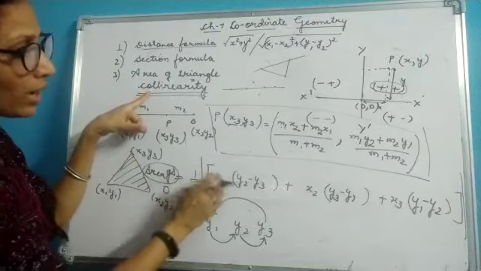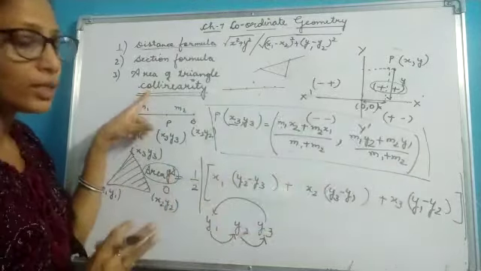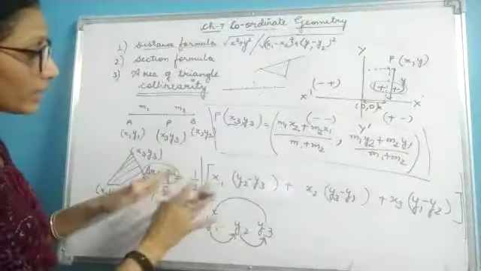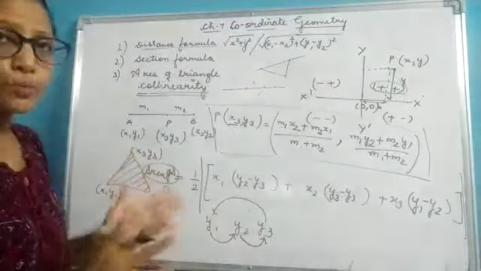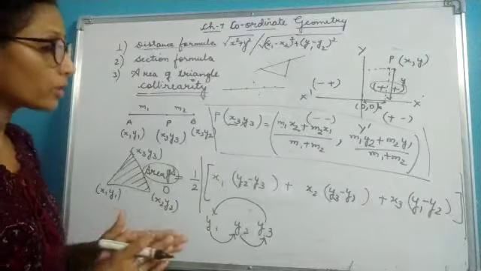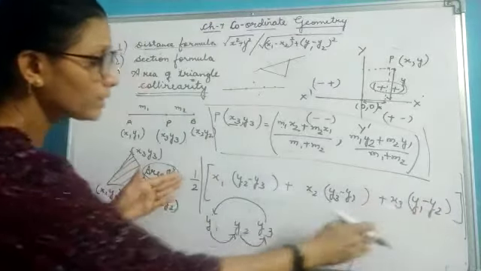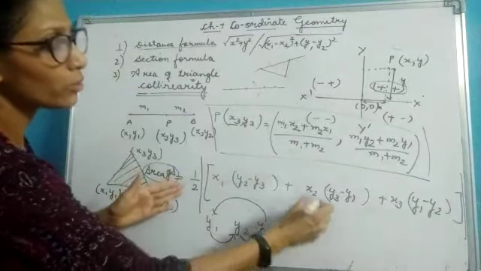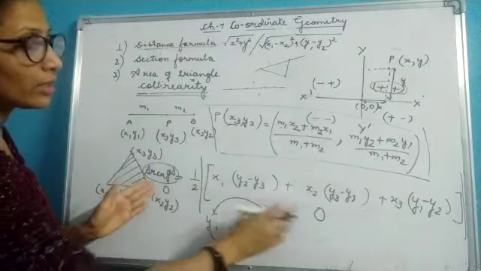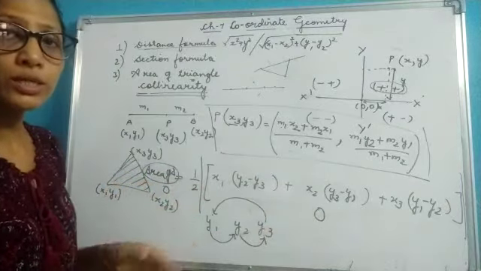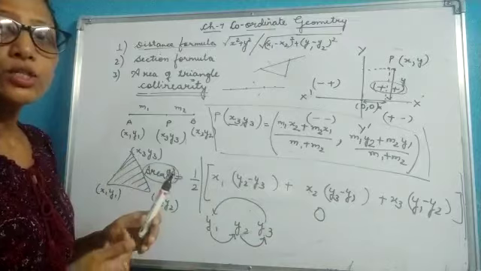0 equal to half of x1 y2 minus and the complete thing. Or I can say, if you want to prove whether the points are collinear or not, then if this complete expression gives me answer as 0, then I can say area of triangle equal to 0. That means the points are collinear. It means triangle is not forming.